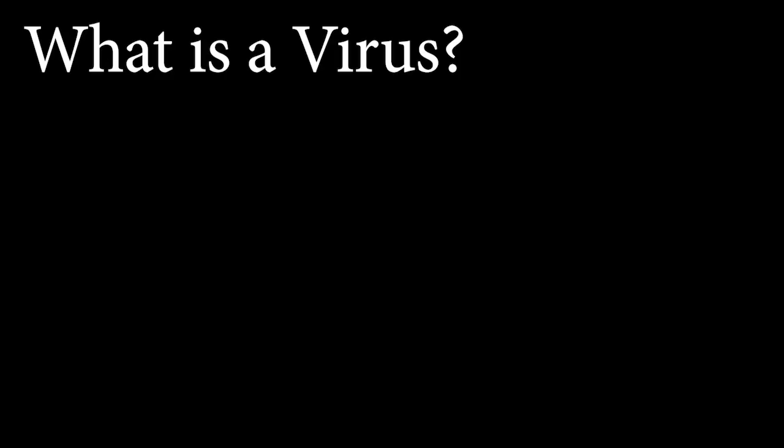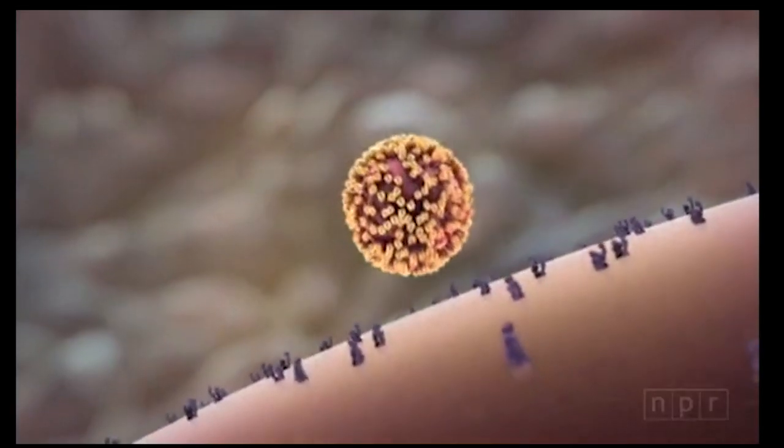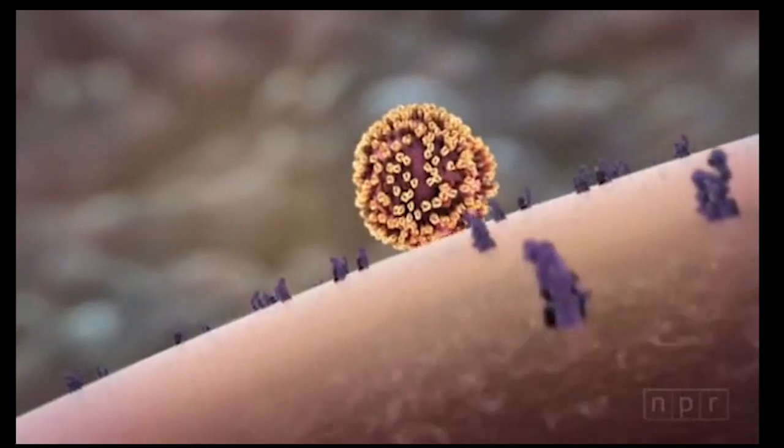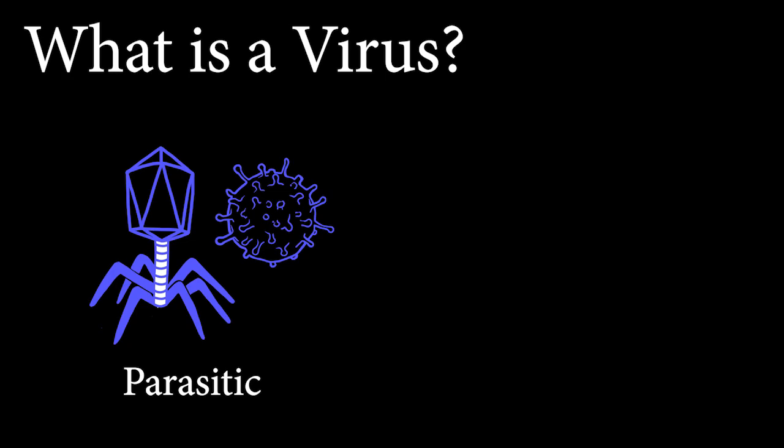Let me give you the quick one too. So basically, what is a virus? A virus is basically a microscopic particle that's strictly parasitic in nature. Viruses can exist without a host, but they cannot replicate without a host. For that, they need to inject themselves into bacterial cells or human cells to find ways of replicating their structures and their proteins. All viruses have certain structures to them. Most of them have two of these, but some species of virus have a third structure as well.